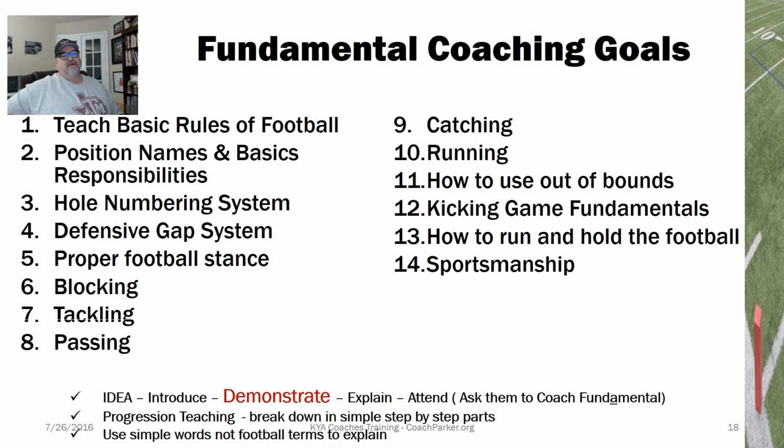Probably a big one here is sportsmanship. It's probably because most coaches, when they get on the football field, lose themselves in the competition and really pretty much become dingleberries. I was a commissioner last year and actually stopped being commissioner because I had what I thought was a friend as a coach, and we had a situation, and he basically has railed me for 3 or 4 months now